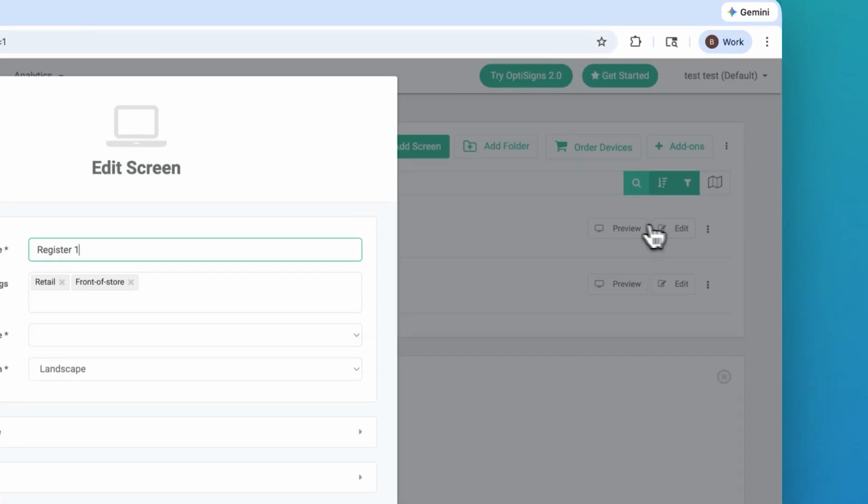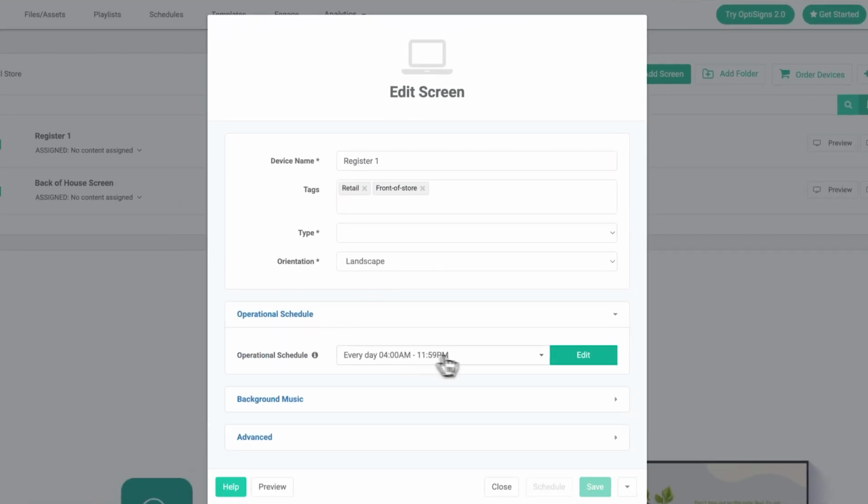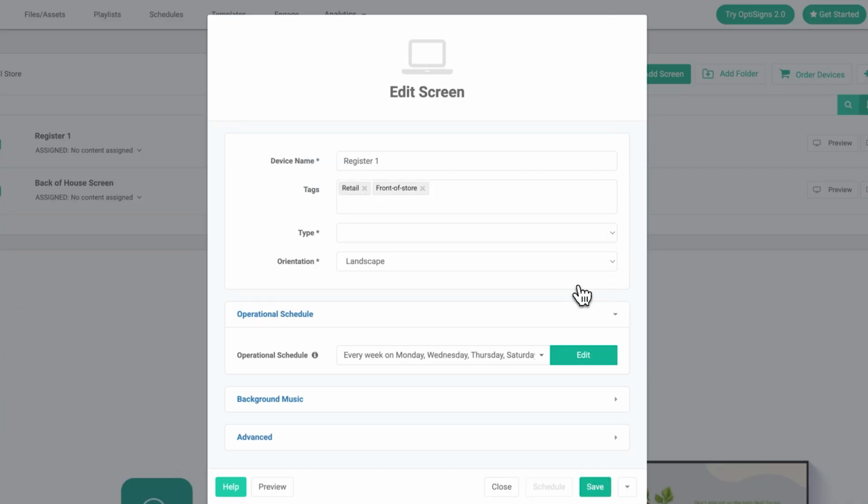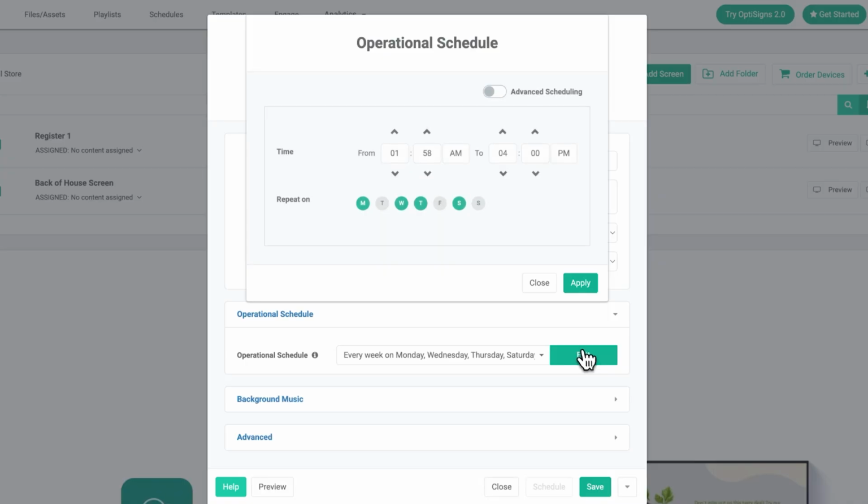I'll click Edit and expand the operational schedule field. This screen is currently set to turn on at 4 a.m. every day and off at 11:59 p.m. The menu allows you to adjust the times and days of the week the schedule repeats. For this schedule, I've chosen to have the screen turn on at 1:58 a.m. and turn off at 4 p.m. on Mondays, Wednesdays, Thursdays, and Saturdays. If you need a more nuanced schedule that requires different times for different days, you can choose